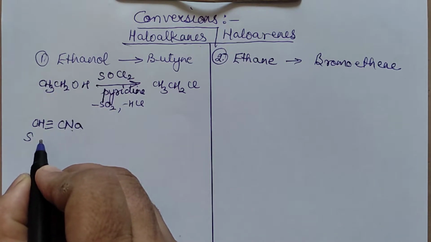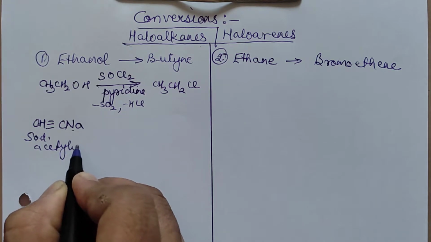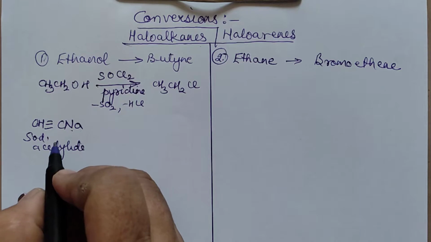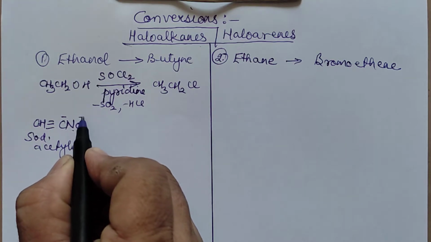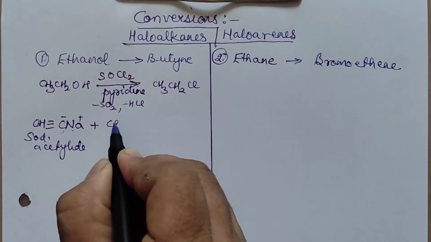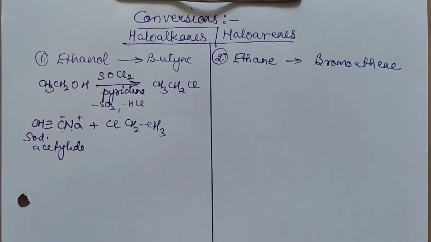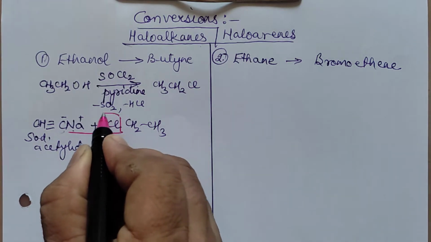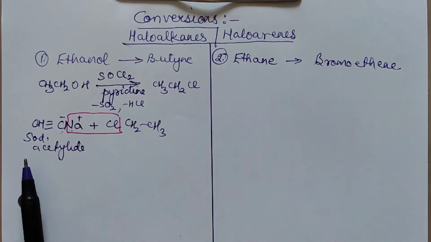This reaction, if you remember, we have done in nucleophilic substitution reactions. So this is sodium acetylide, a nucleophilic substitution reaction, where CH triple bond C minus is a nucleophile and Na plus is released. This will be attacking here. This is treated with Cl, CH2, CH3. That means this ethyl chloride I have written in reverse. So what will happen here? This part will come out as NaCl. Ethyl chloride is undergoing a nucleophilic substitution reaction, so this nucleophile is substituting this Cl.